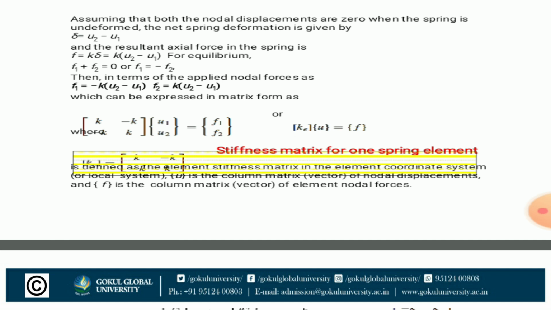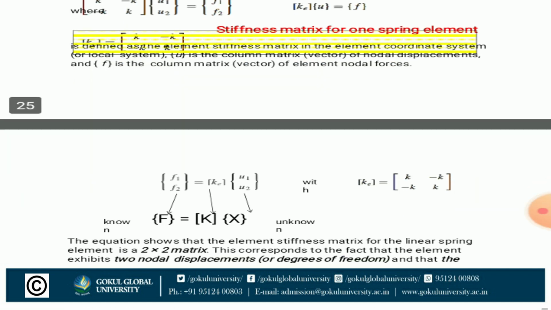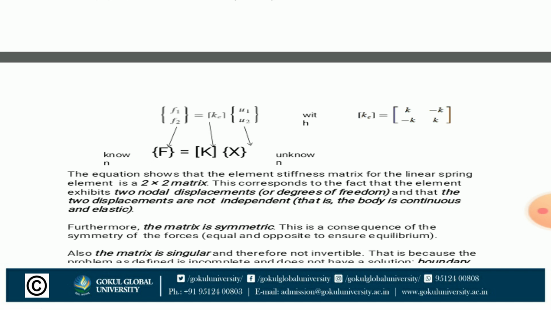It is defined as the element stiffness matrix in the element coordinate system or local system, and U is the column vector of nodal displacements, and F is the column matrix of the elemental nodal